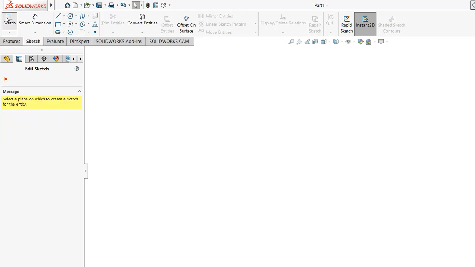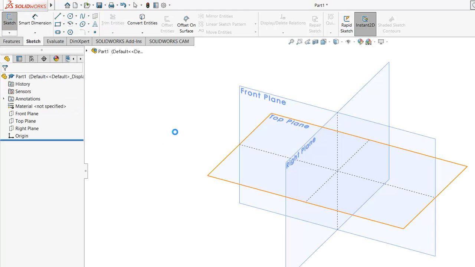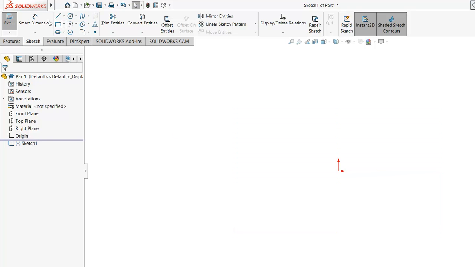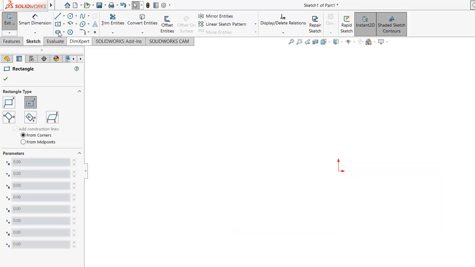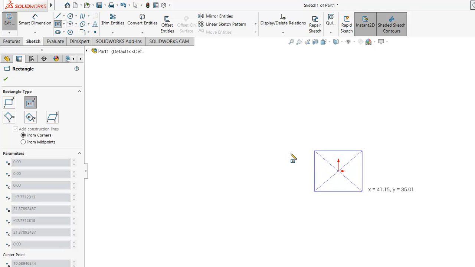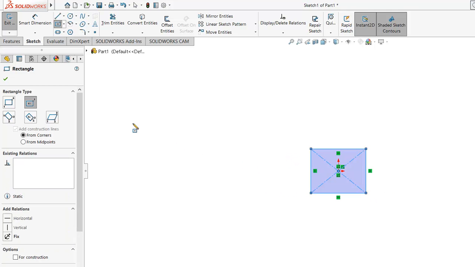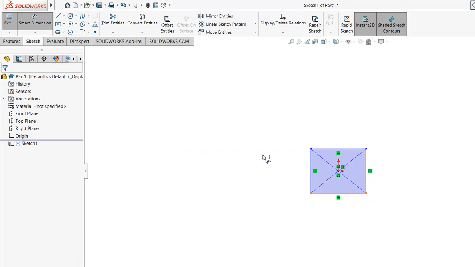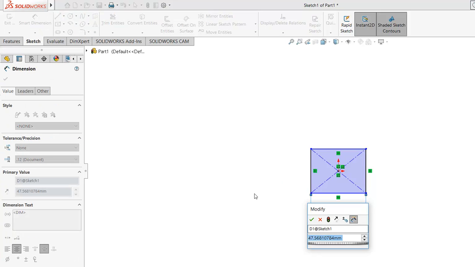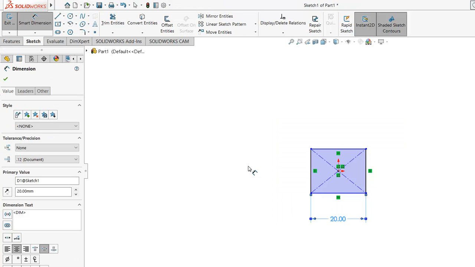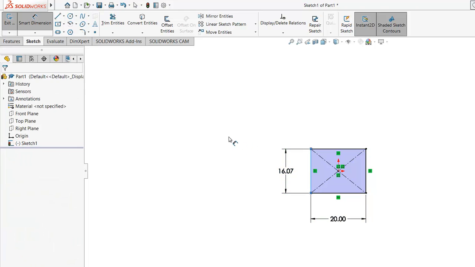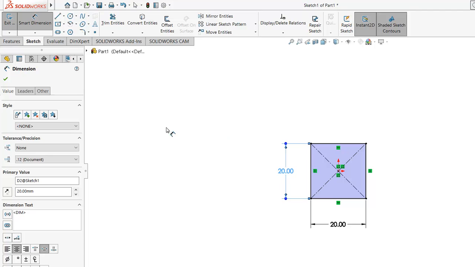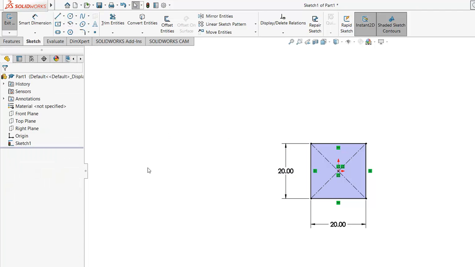I'm going to click on Sketch, and I'm going to click on the top plane, and then I'm going to go over here to this center rectangle, and I'm going to bring this cursor over to the origin, and I'm just going to pull it while I'm clicking the left mouse button, and I'm going to create a square. Then I'm going to use this Smart Dimension feature to put on what's called a Smart Dimension, and I'll set that as 20 and 20. And that's it. I'll hit the green check mark here, and now I have a 20 by 20 flat rectangle,